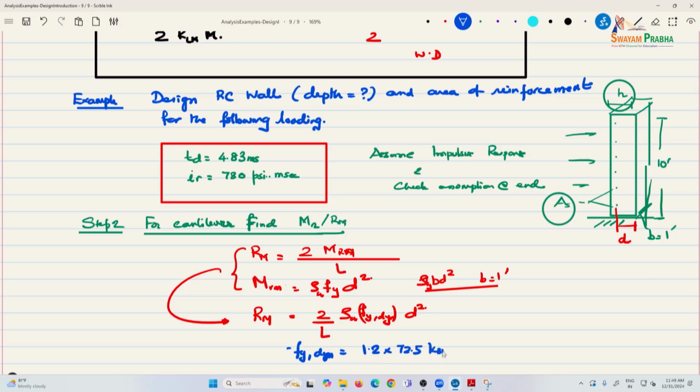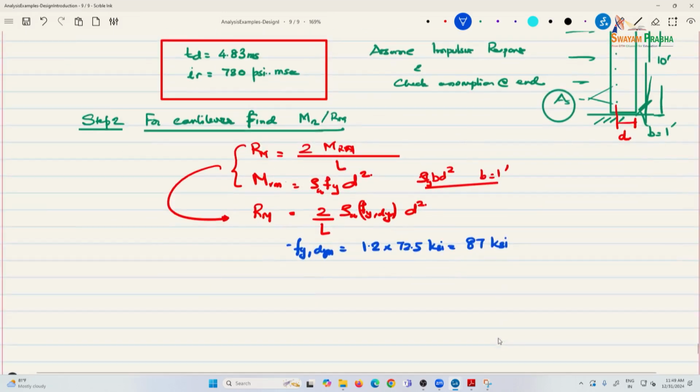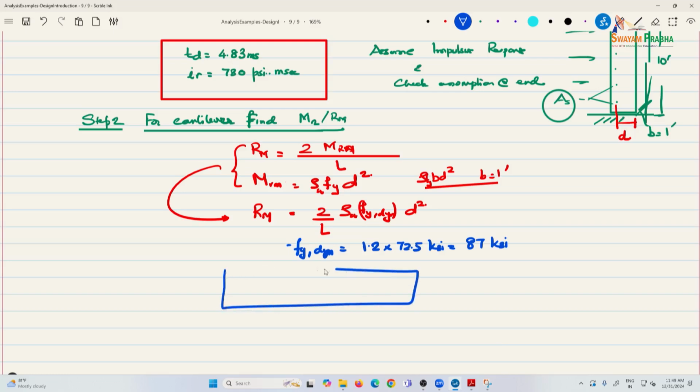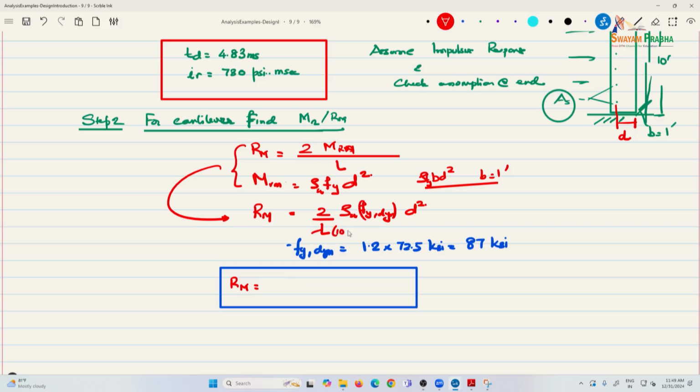and do not worry too much about the numbers. Let's go with whatever we have calculation wise, but you can change those numbers as we have seen and as appropriate. This is for the reinforcement. We have done structural steel, this is for reinforcement. And so from here, idea is to get an expression for Rm as L is 10 feet. So this is 10 times 12 inches. So you have, and rho itself is